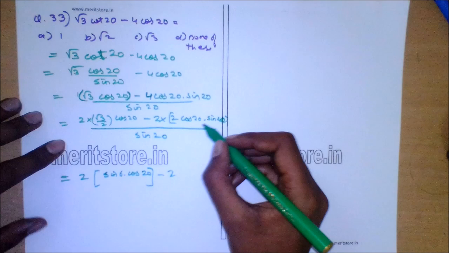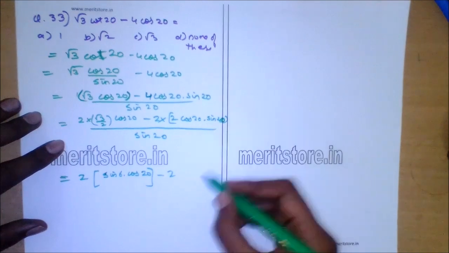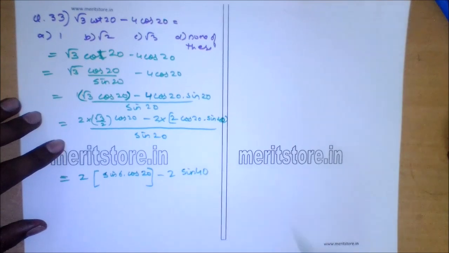Now we multiply and divide this part of the numerator. So we get 2 into root 3 by 2 into cos 20 minus, and we split the number 4 into 2 into 2, so 2 into 2 times cos 20 sin 20, divided by sin 20. So root 3 by 2 is sin 60. So we get 2 times sin 60 into cos 20 minus 2 times cos 20 sin 20, which is sin 40. So this is sin 40 divided by